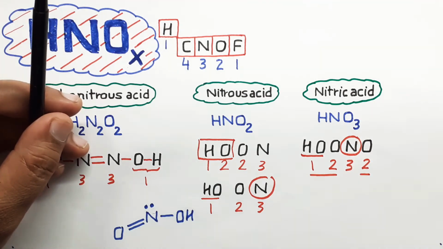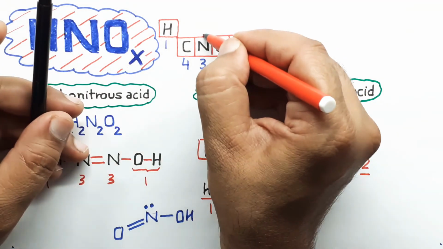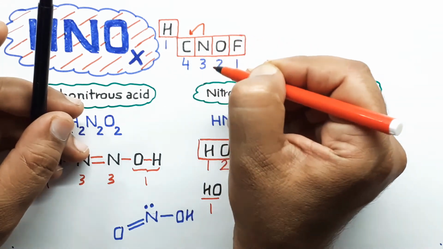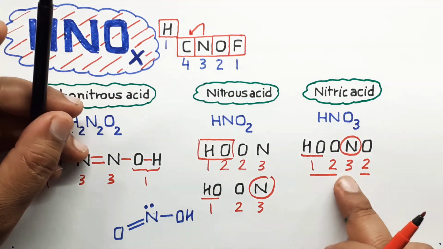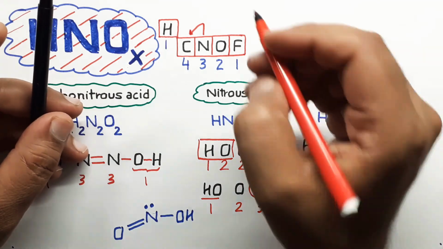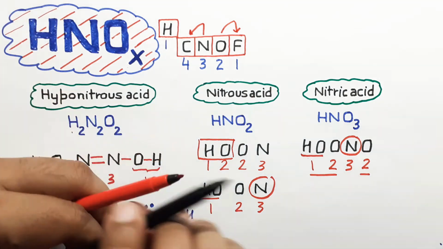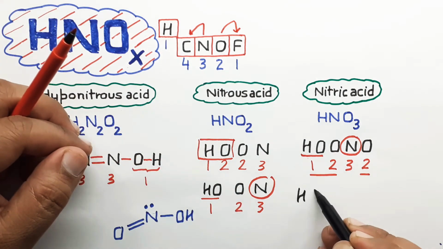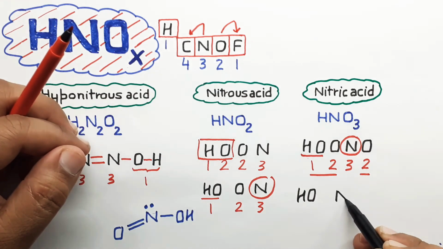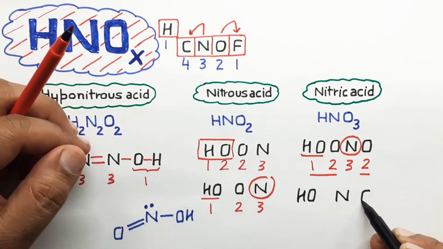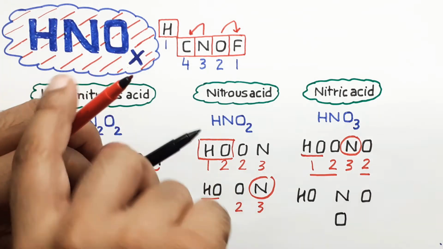The valency of this nitrogen is 3 and the total of all these valencies is not 3. So we will do some kind of internal arrangement. So what we'll do, we will increase nitrogen in valency by giving it a plus charge, right? And since if we give a plus charge to nitrogen, we have to give minus to something else. That means oxygen will acquire a minus charge to become monovalent. So let us now do that. So there is a group OH which is ready with a single bond, then there is nitrogen, there is oxygen and there is oxygen with a formal charge. Now let us have the redistribution of charges.